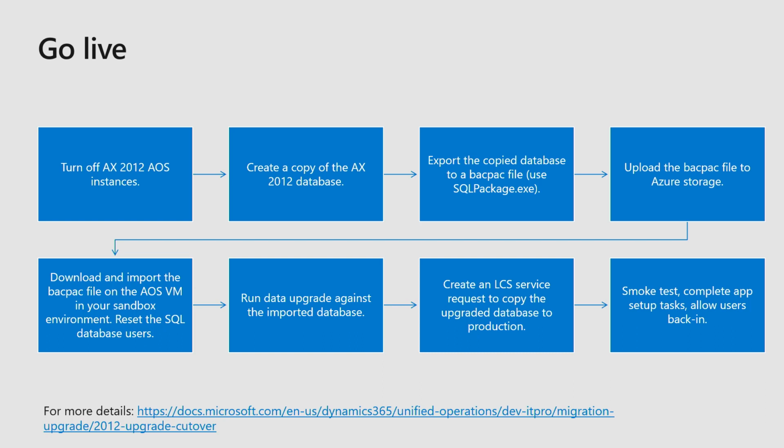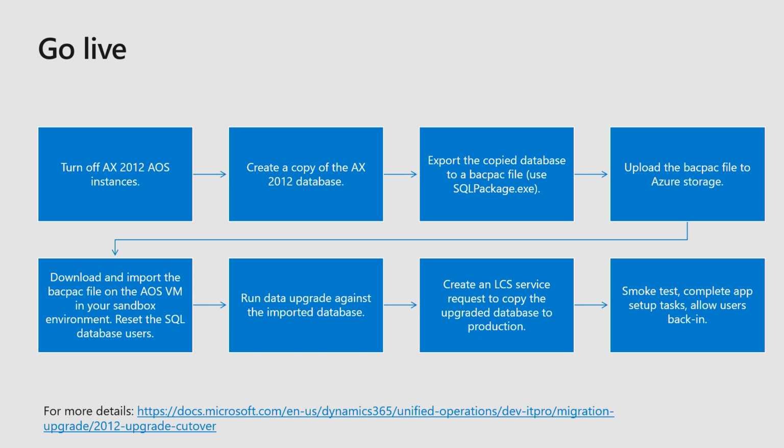So in terms of go live, this is when you need to make sure that your deployable packages are ready and you have gone through enough cycles of testing. And as part of your final cutover, you would have a checklist and you would go through the checklist. And key elements here are like you would turn off your AX 2012 instance and take an export of your AX 2012 database, create a backpack, take it to a sandbox, upgrade, and then